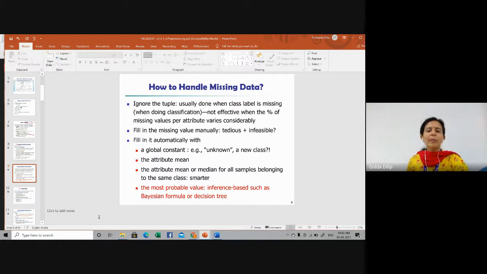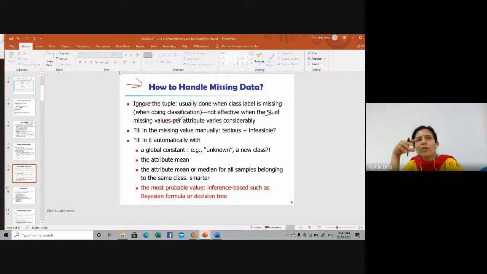Now coming to how to handle this missing data. First one is you can ignore that particular tuple. If the number of missing values is small, then it is okay. But it is not effective when the percentage of missing values per attribute is high.